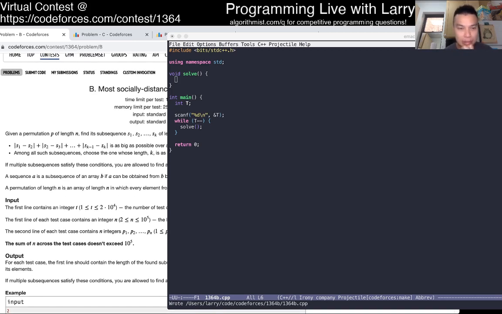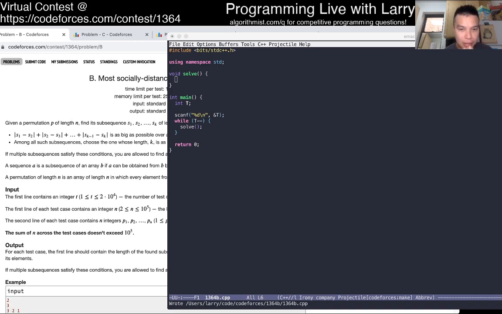Given a permutation P of length n, find a subsequence as big as possible, of at least 2, such that all subsequences of P... man, these things are so hard to read when you just woke up. Given a permutation P of length n. Okay, you want a subsequence of at least 2, which is as big as possible. Choose the one whose length k.